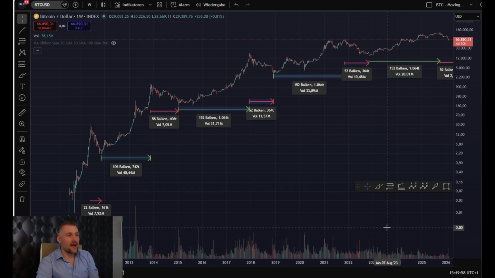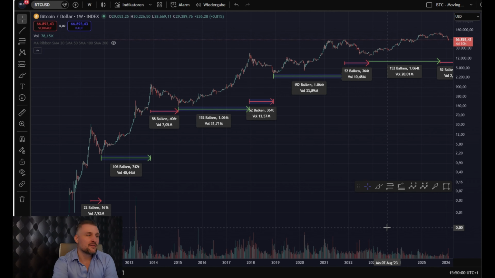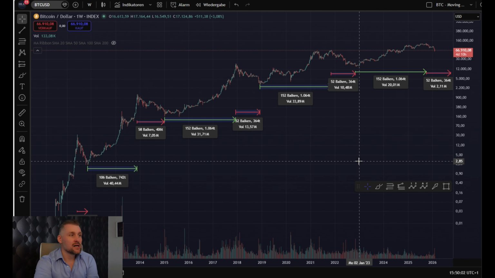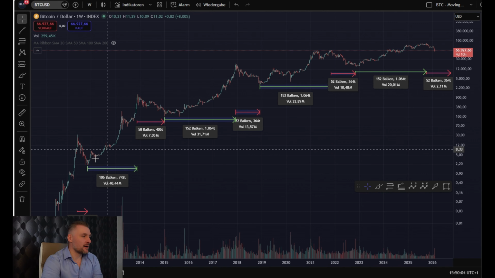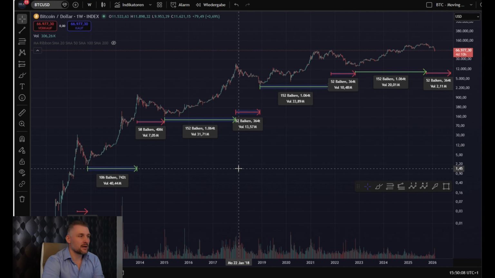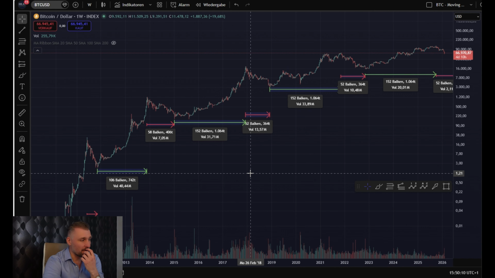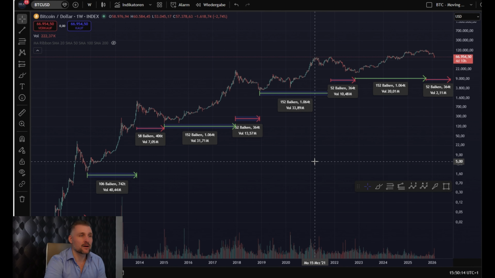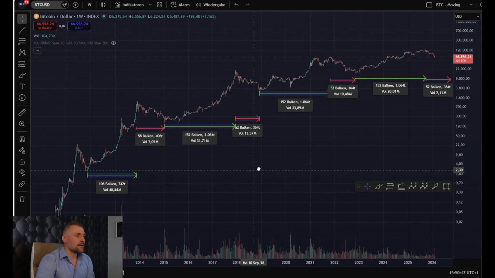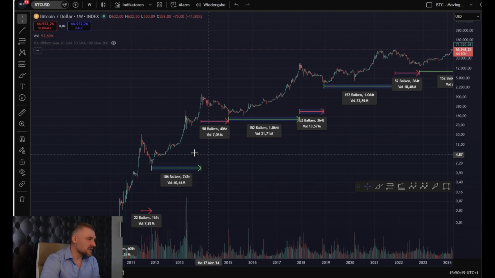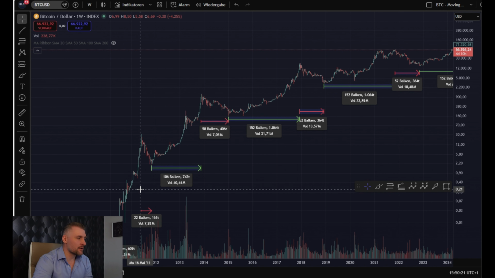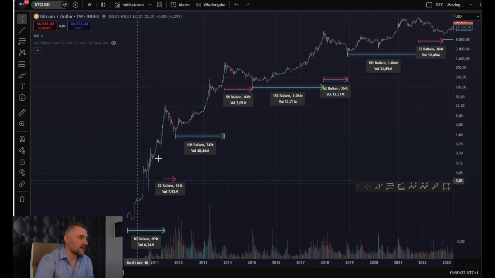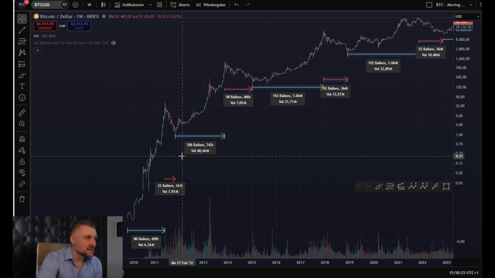For today, I have the all-time history chart here. Currently, there are no Elliott waves here. I will come to that point later on. I want to point out some interesting structures here on the macro levels. I would start here in 2011 because the structure before that time was pretty much a mess.